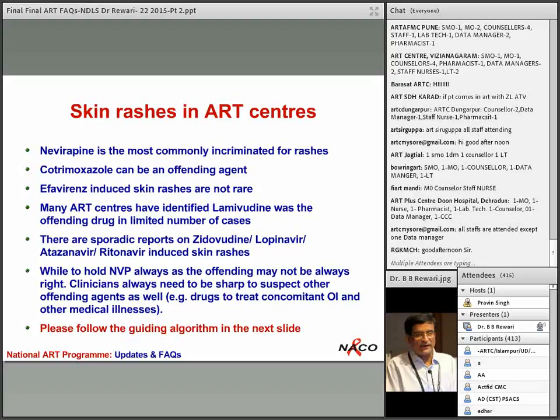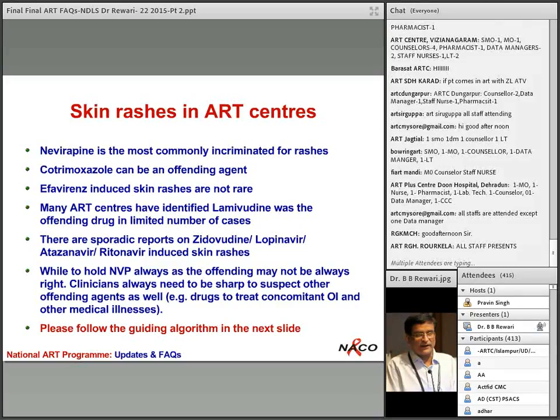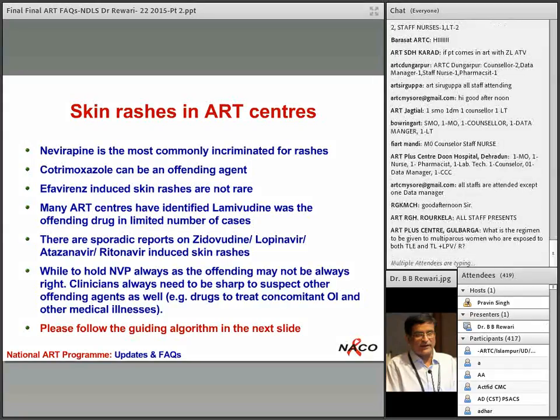Many ART centers have identified lamivudine rash, which is not very common, rather I will say it is very uncommon, but it has been identified in some cases by exclusion criteria. Sporadically, zidovudine, lopinavir, atazanavir, in fact any drug can lead to a rash. This has to be kept in mind as a physician. So we have to be very clear in suspecting other offending agents,